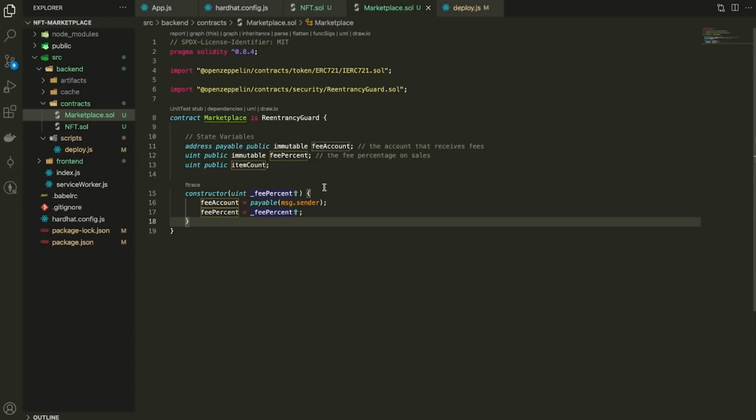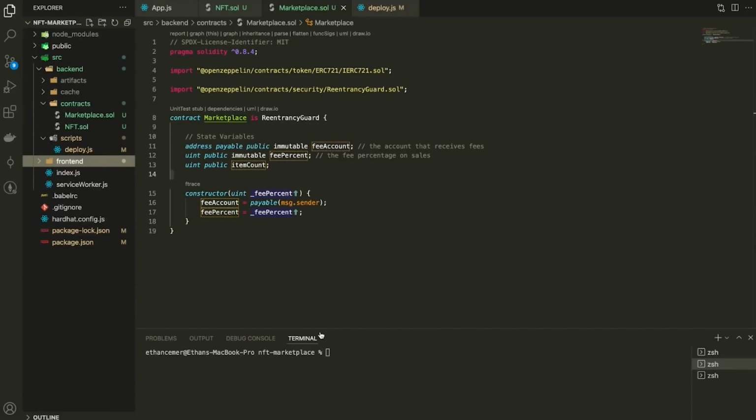Testing smart contracts is very important because once a contract has been deployed, you can't change its code. It's not like web development where you can easily push bug fixes after you've deployed your app. The cost of bugs for smart contract developers is much higher. So writing robust tests for your smart contracts is an integral part of the development process. So the Hardhat framework